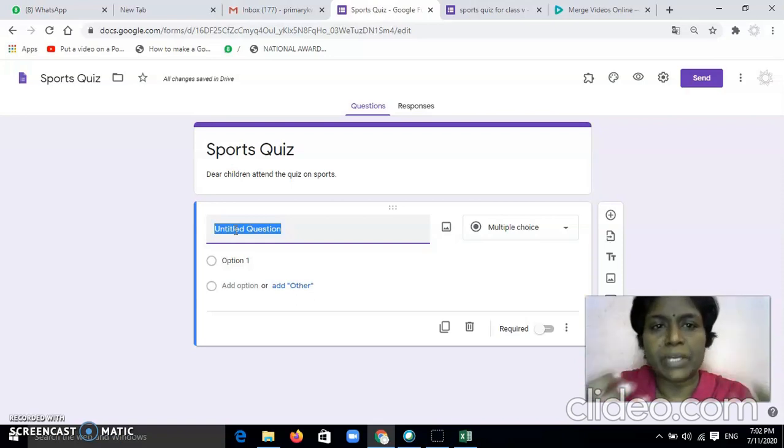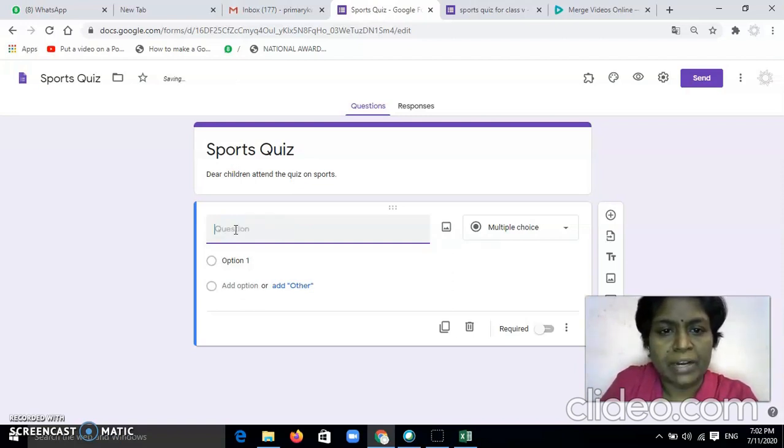Whenever you conduct some test, the children are asked to write their name, class, roll number and other details in their test paper. Similarly, when I am conducting the quiz, I also require certain details from the students. Say for example, I want the name of all the children and the class in which they are studying, right? So now here I will write your name. I want to know the name of the children as my first question.